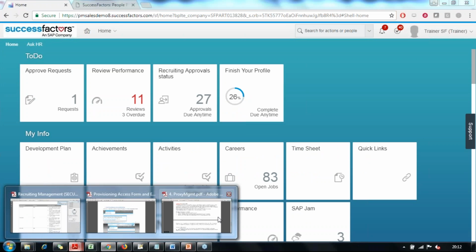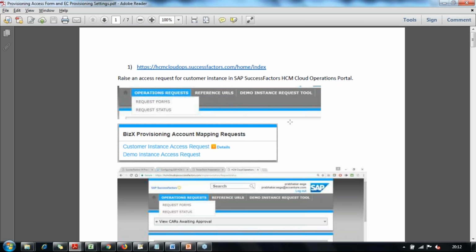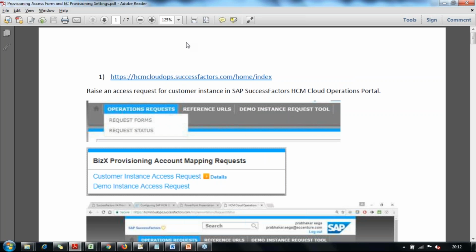Yeah. So this is the one, guys. This is a URL, hcmcloudops.successfactors.com. Once we go into this URL with the SUSE ID credentials that we have,